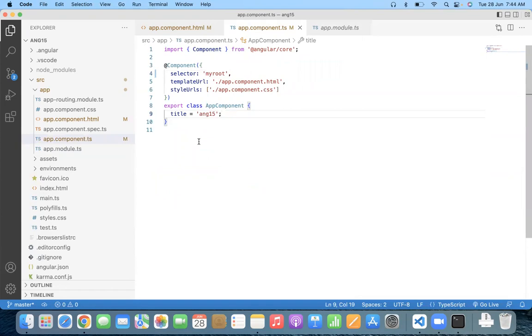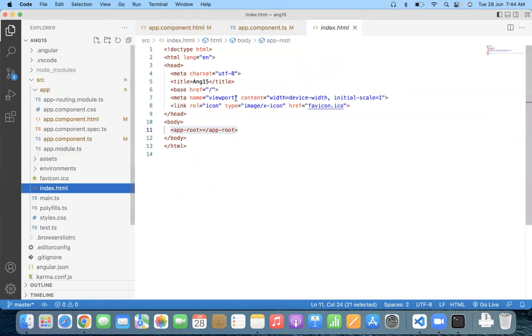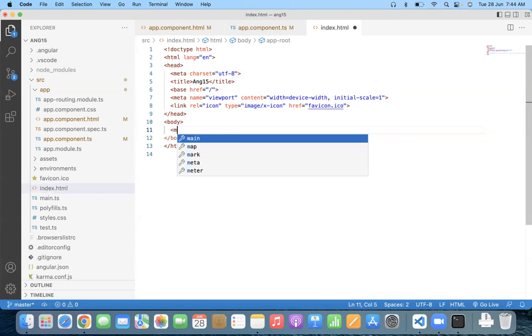That means the TS file, HTML file, and CSS file. This is the app component. The app component selector is my root. Where is my root? There is no my root in any of the places. It will exactly expect that my root should be available in this. So here, instead of app root, if I say my root,